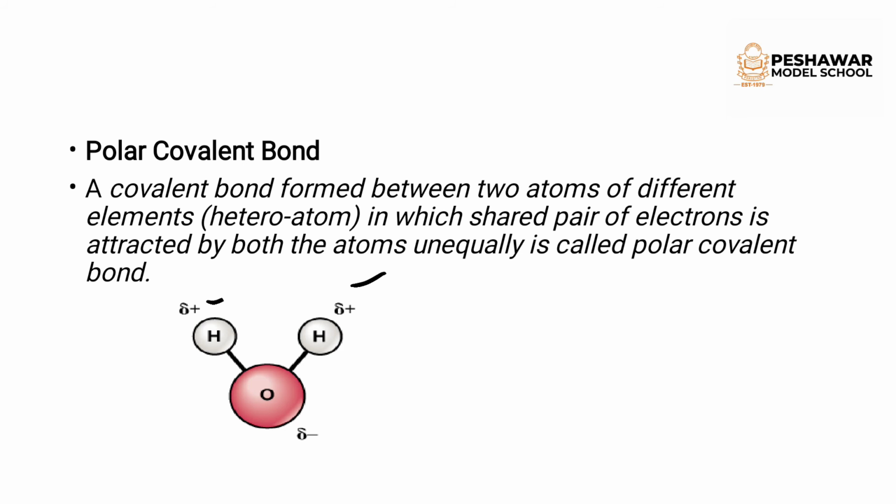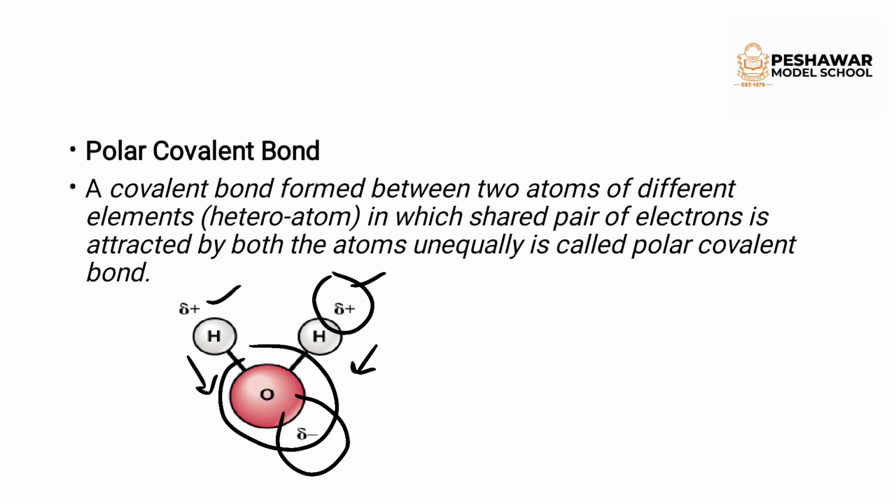The oxygen atom will attract the shared pair of electrons more towards itself, and in this way a partial negative charge is created on the oxygen atom and a partial positive charge is created on the hydrogen atom. Similarly, in the bond formation between HCl,